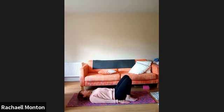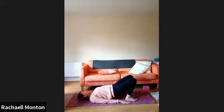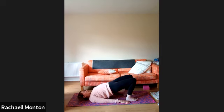Okay, when we next breathe in, we're going to start to actively press our hands and the backs of the hands into the floor. And as we exhale, we're going to start to lift the hips very slowly off the floor towards the ceiling. Raising your hips nice and slowly, pressing the backs of the hands and the arms into